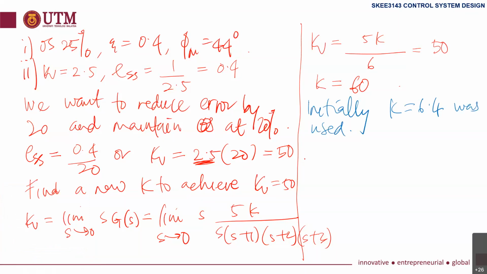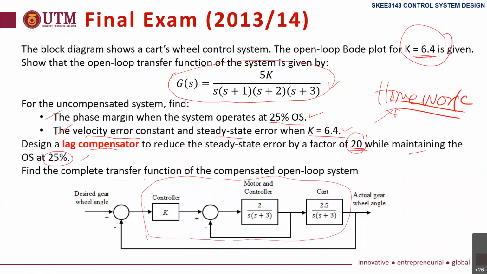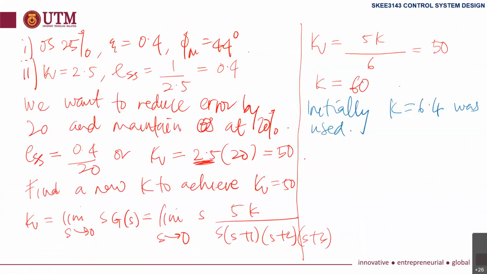Remember the question here described that K was initially 6.4. If K equal to 1, that would be easier, but here it was plotted with K equal to 6.4. Now we want, if K equal to 60, we need